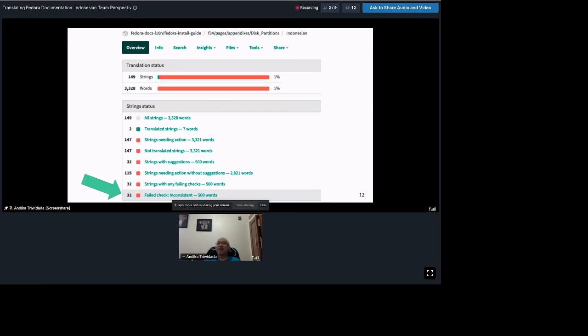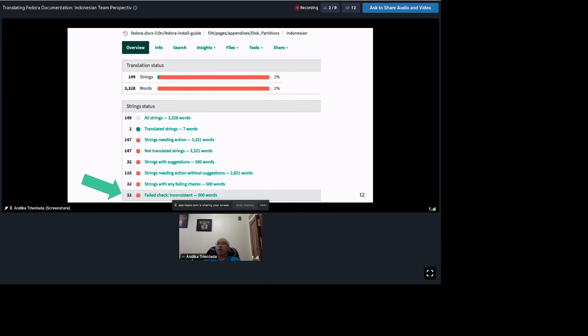Actually, in GNOME we have a different workflow, because we use the web, but the web does not facilitate string by string translation, it only provides a module based one.